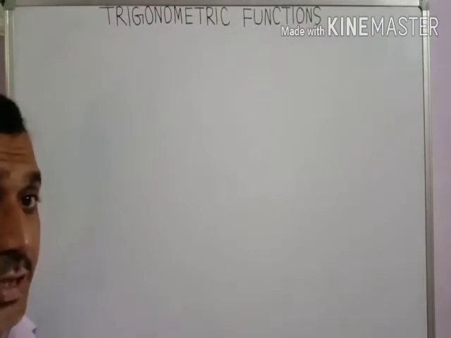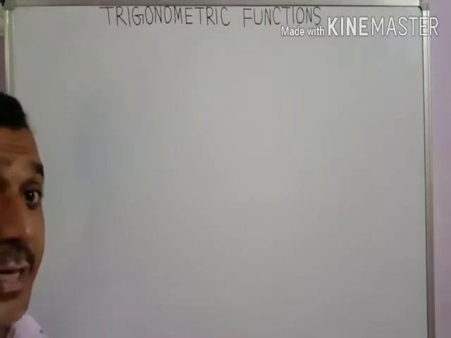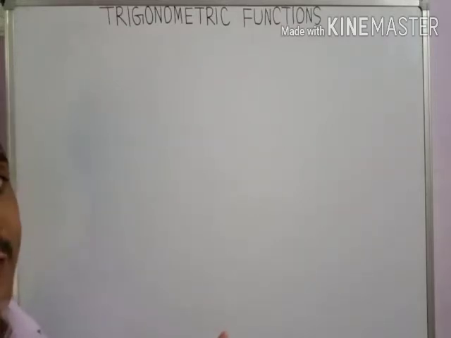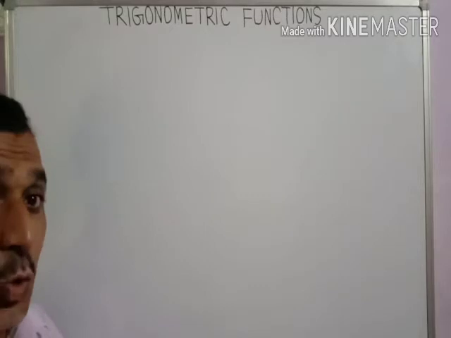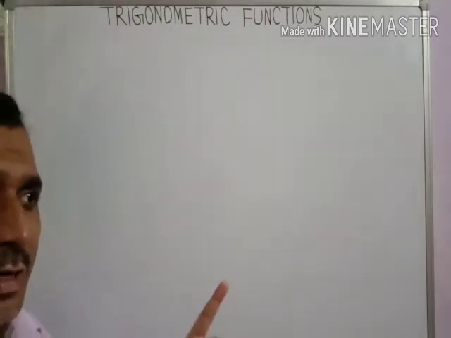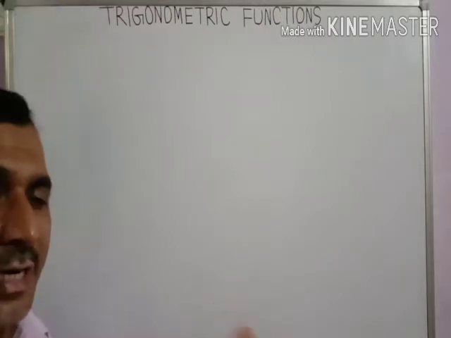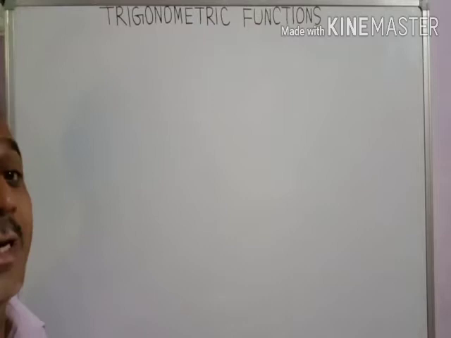In this class we will extend the definition of trigonometric ratios to any angle as a real number in terms of radians. It means in class 10th you used specific angles with all the trigonometric ratios, like 0 degree, 45 degree, 30 degree, 60 degree or 90 degree. You have not used any theta more than 90 degrees.